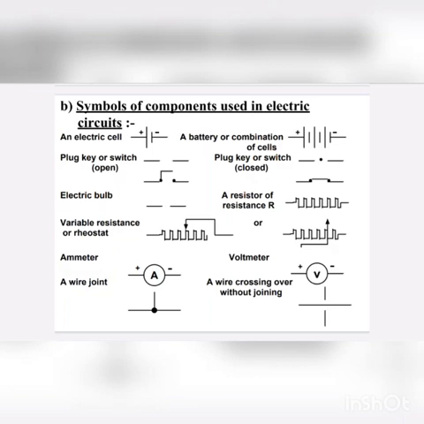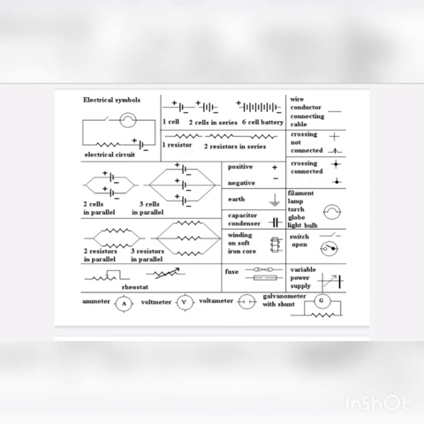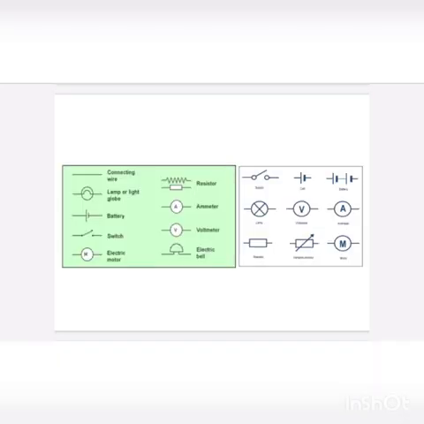then the other electrical components which are given: two cells in series, then 10 cells, 6 cells in series. And you know that when more than one cell is connected in series, they are known as a battery. So we can call it a 6 cell battery, 10 cell battery. Then these are other symbols of the battery, and lamps and ammeter in another form. We can write variable resistors in this form also, and you can also write resistors in this way.